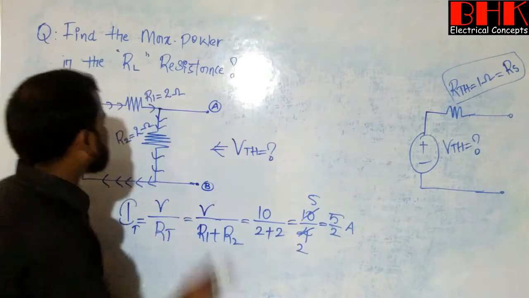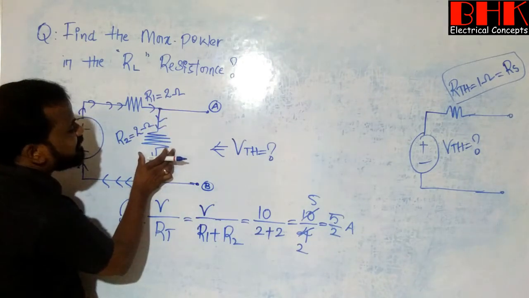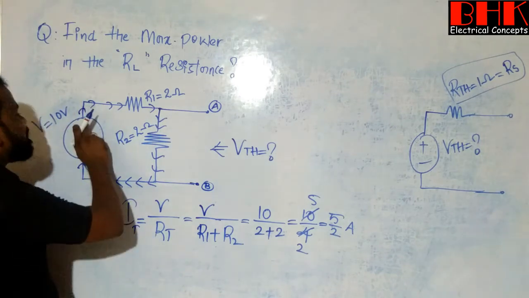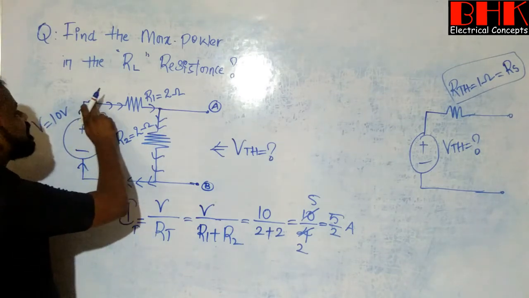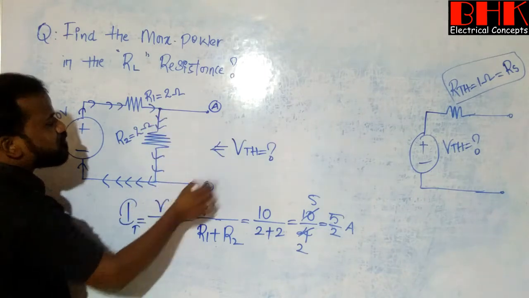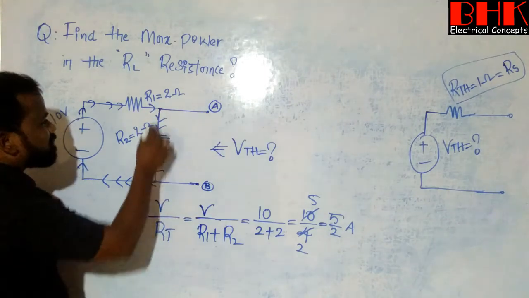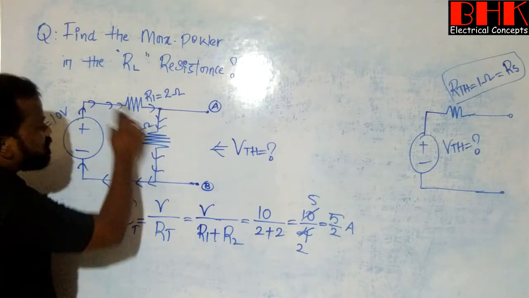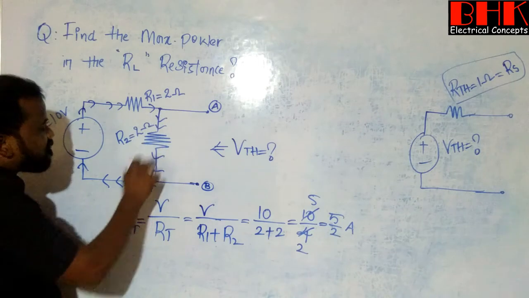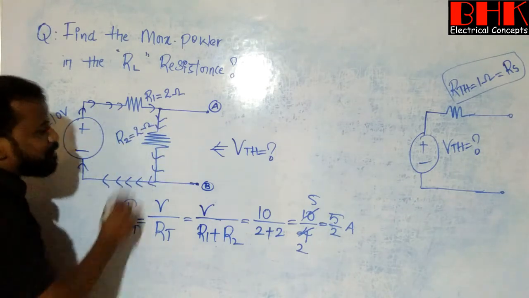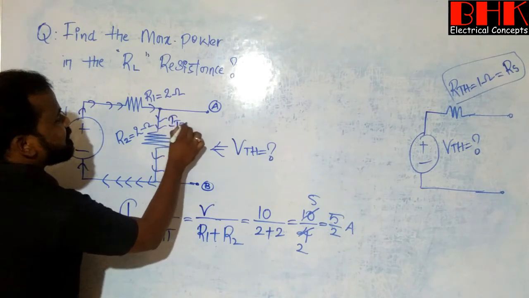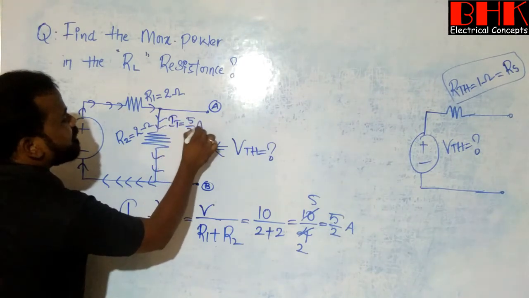Now go for the calculation of what? Voltage drop across this resistance, because this total current comes from the voltage source like this and came here, and after that there is no chance, it is open. So that's why the total amount of current is flowing through this particular branch. Clear? Total amount of current will flow through this particular branch. So that's why the total current is equal to 5 divided by 2 ampere.